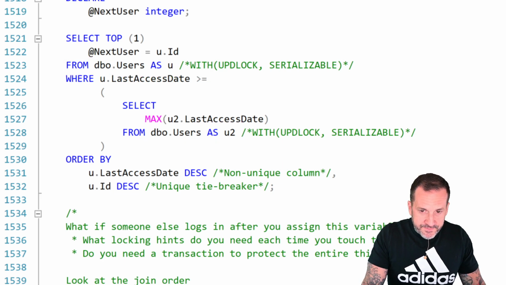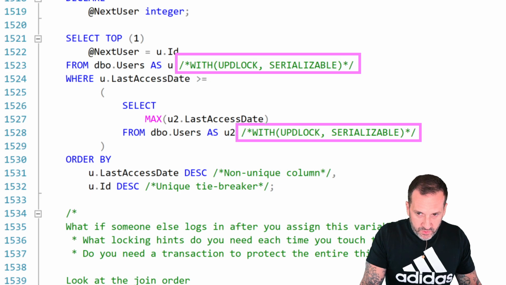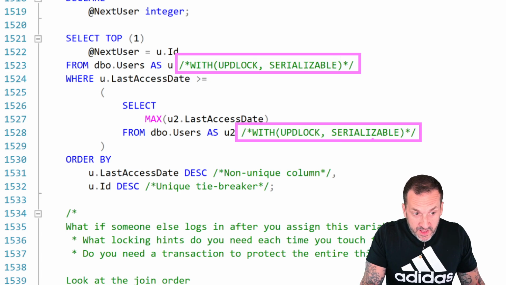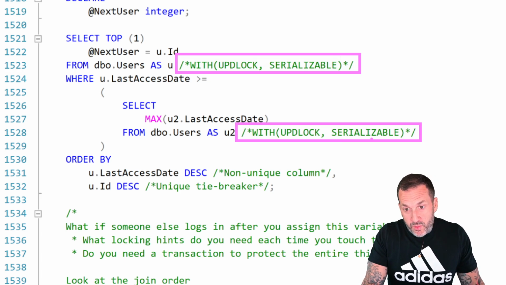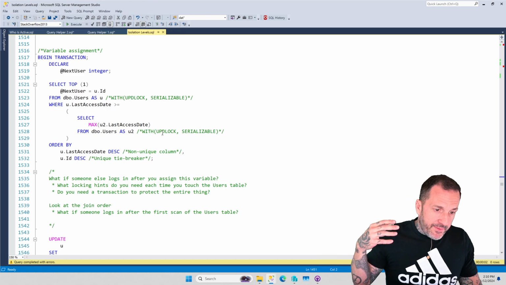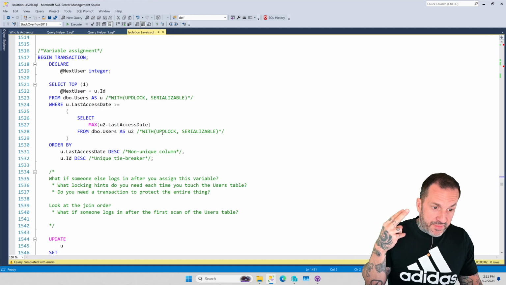Now I've added in some cases where adding in these locks would help you avoid that in the context of a transaction, but very few people are willing to sacrifice concurrency for this sort of thing. So we already have two places in this query where you might have read committed betray you